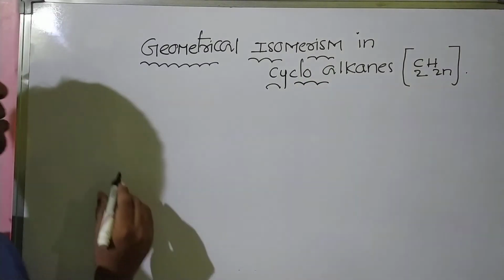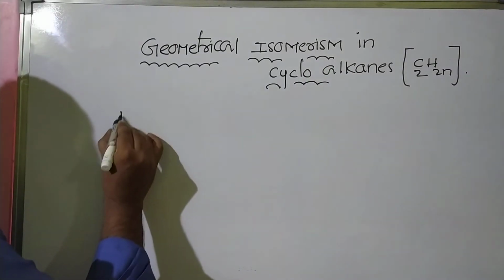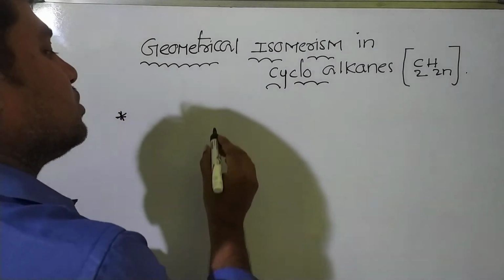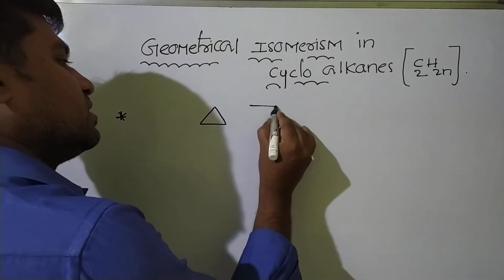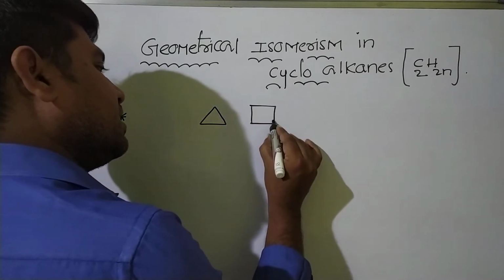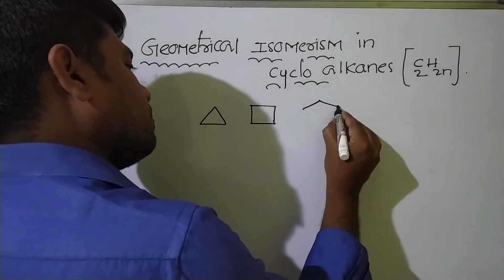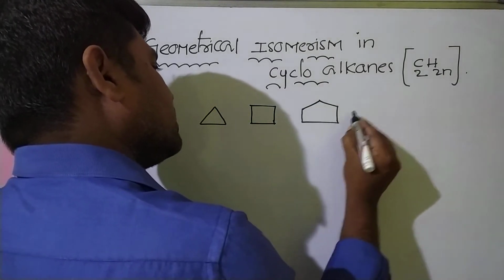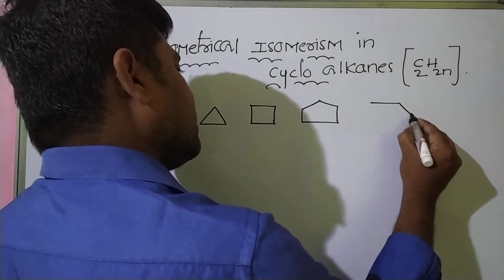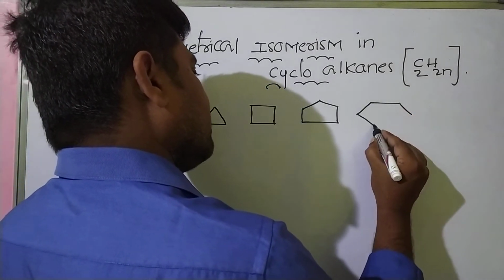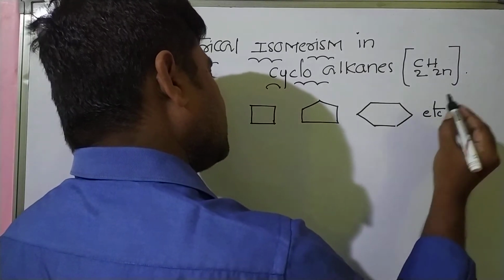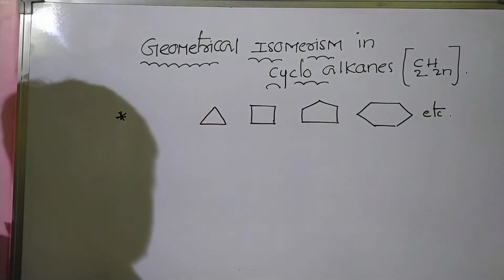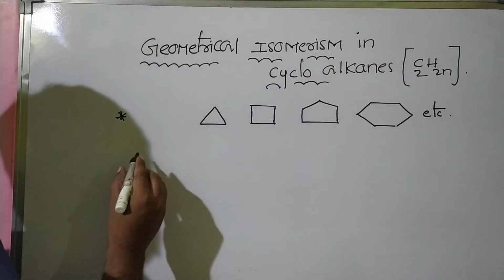Okay. First of all, cycloalkanes means, so this is cyclopropane, this is cyclobutane, this is cyclopentane, this is cyclohexane. I think you know very well about the chemistry of cycloalkanes and their structures. First of all, the statement